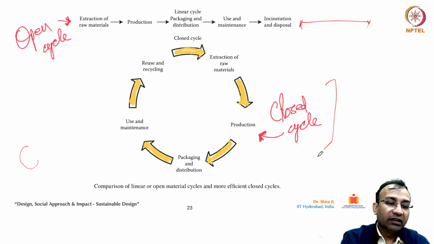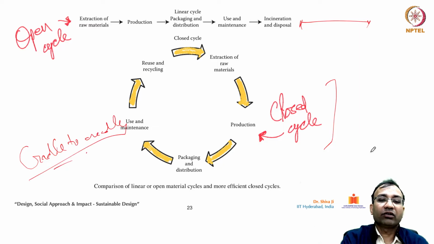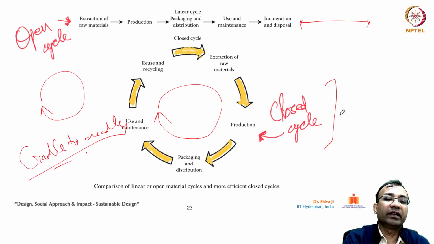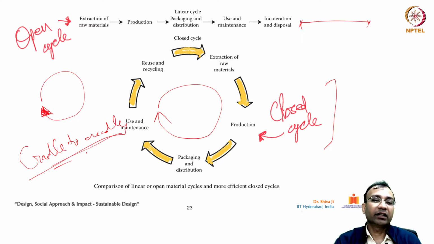So, the cradle to cradle approach, you may be aware of. This approach talks about exactly this thing. Cradle to cradle, by word definition, means something which has come from wherever it has come from, and it should go back exactly over there. For example, any organic entity dies, maybe an animal or a tree or even human beings. If you just leave it in nature as it is, it's going to decompose, degrade, and finally vanish.